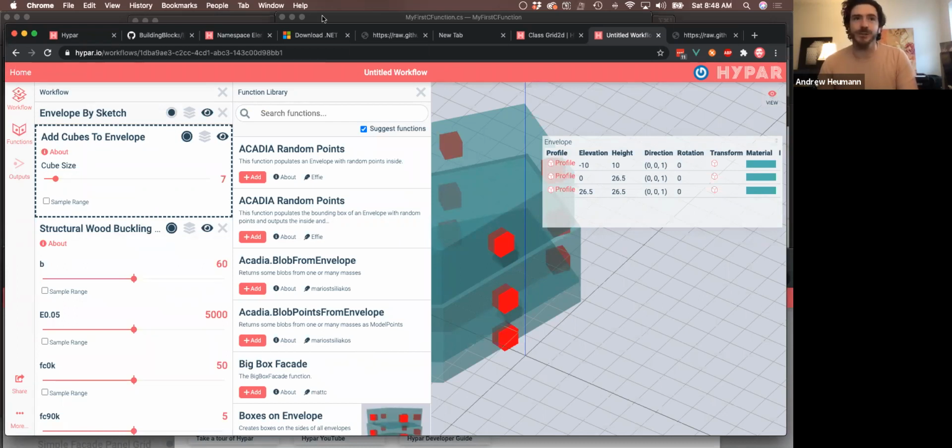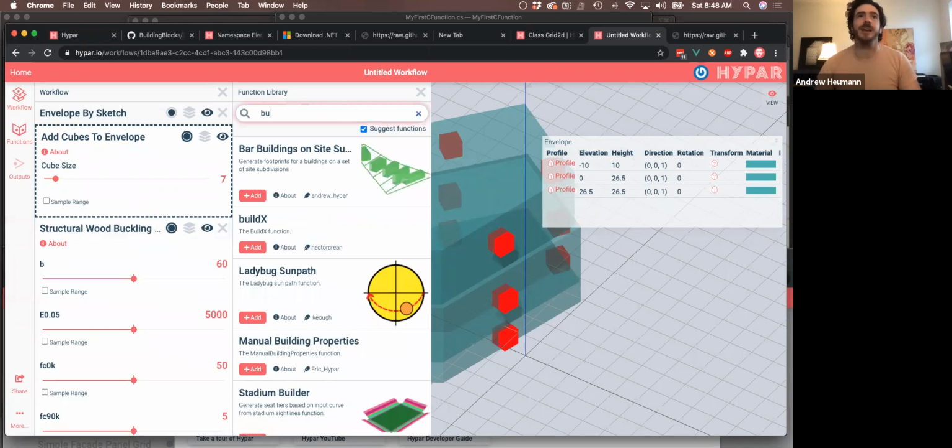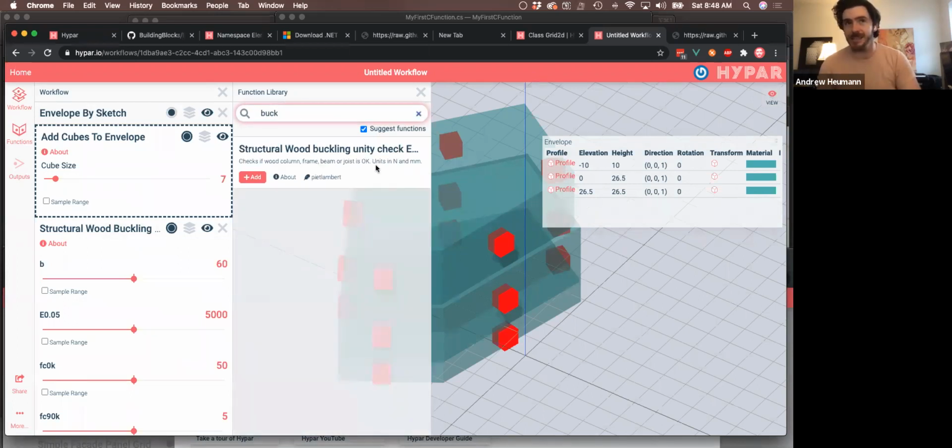It looks like one of our users is probably a structural engineer and has authored a function that does this. We don't have any utilities out of the box that do any sort of structural analysis. So it's up to you to add those kinds of utilities. Maybe there are libraries you can rely on and you could plug those into a Hypar function. And we expect that over time, we're working already with a lot of, not just architects, but also engineers and contractors and all sorts of folks in the building trades who are starting to contribute functions. So I would say over time, our hope is that, yes, you'll absolutely be able to do like a structural